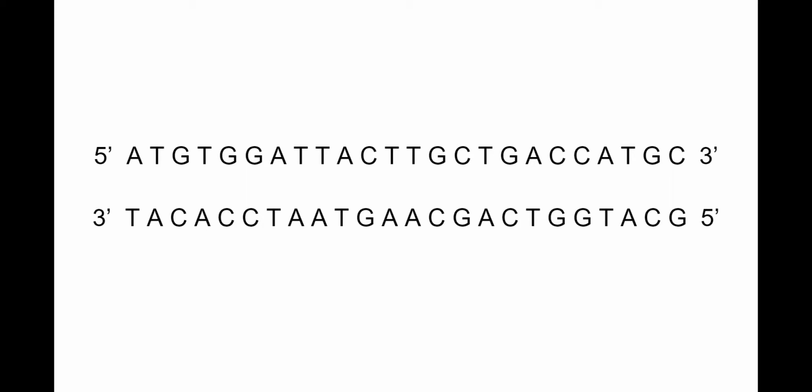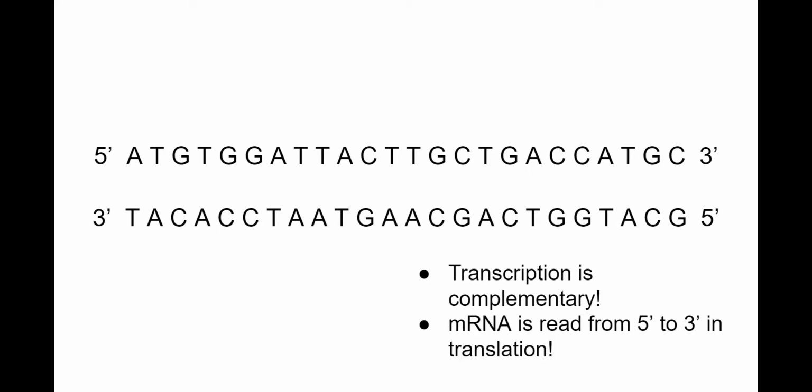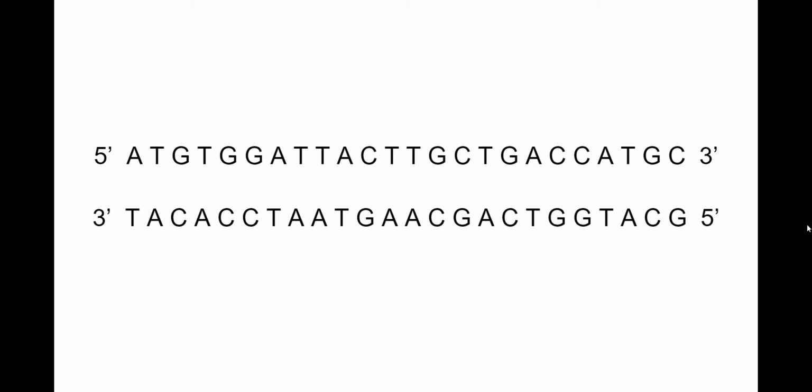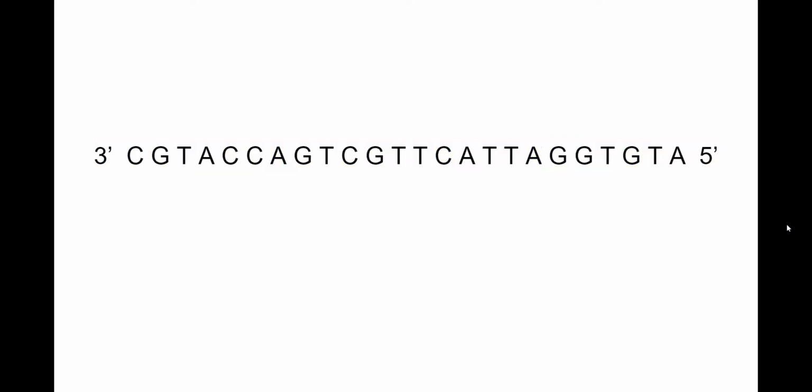When transcribing, it's important to remember that transcription is complementary and that mRNA is read from the 5' to 3' during translation. With this in mind, it's helpful to orient our DNA in the 3' to 5' direction. So let's look at this top strand first. Here's our top strand oriented from 3' to 5', and we can go ahead and transcribe that into our mRNA